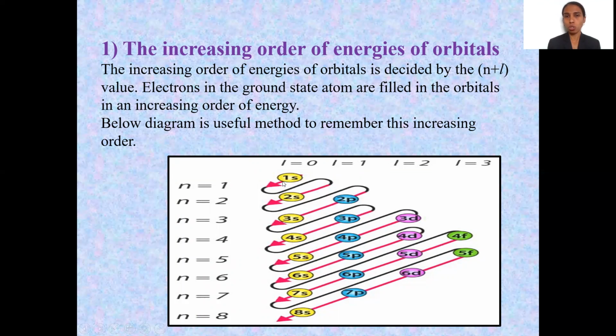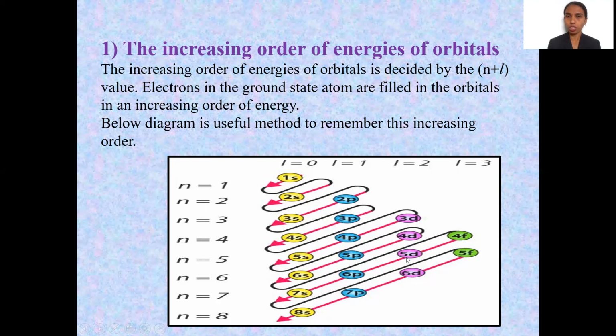So see, 1s orbital, the arrow is shown, means the electrons first fill in a 1s orbital. As 1s orbital is completely filled, then the next electron will go in a 2s orbital. After that 2p, then 3s, then 3p, after that 4s, and after 4s the electrons will go in a 3d orbital, then 4p, 5s, then 4d, 5p, 6s,